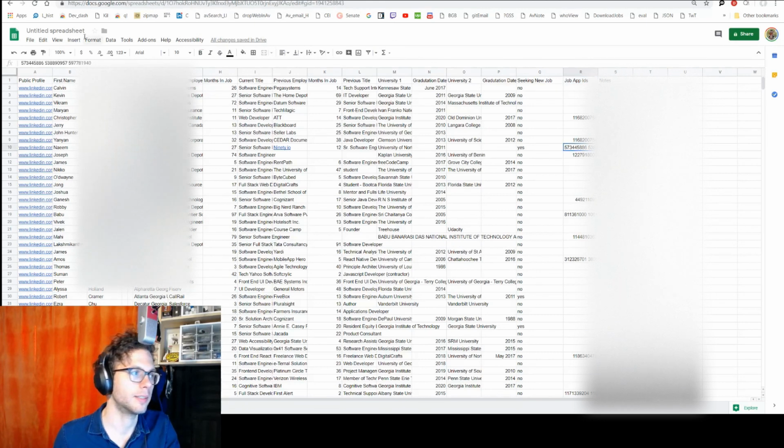App IDs. This is just a space separated list of job IDs on LinkedIn that they may have applied to, or at least started applying to, and then any notes that you have within your CRM or within LinkedIn. But yeah, that's it. But anyway,